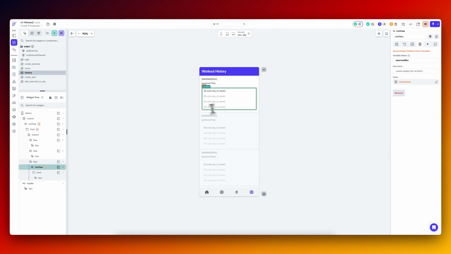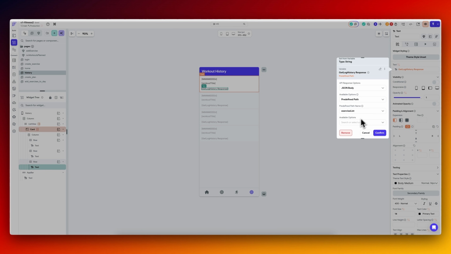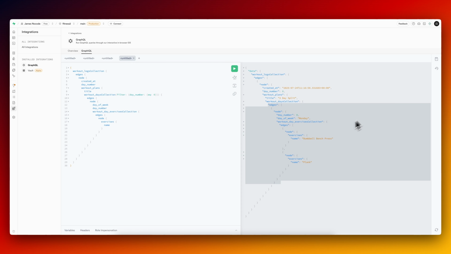Okay, and so we don't really need a list. We just need to display the value. The exercise list is only going to have one value, so it's just first. And then what we want is a JSON path. We want to get